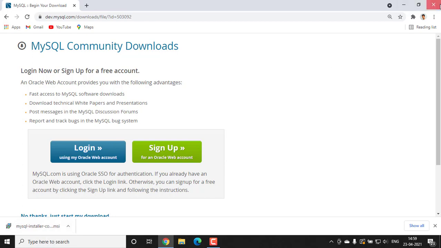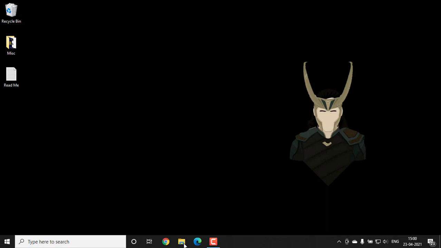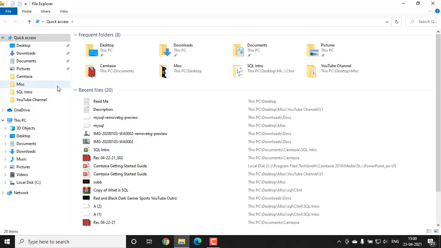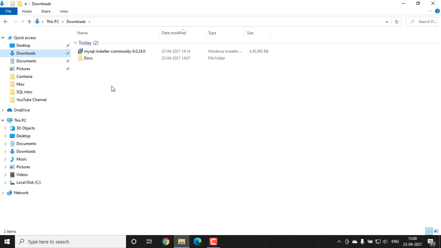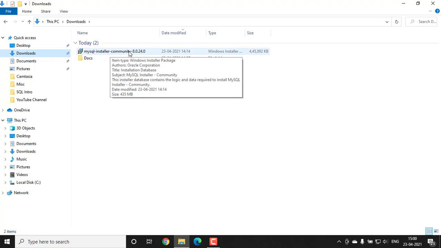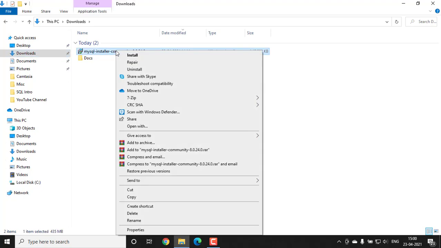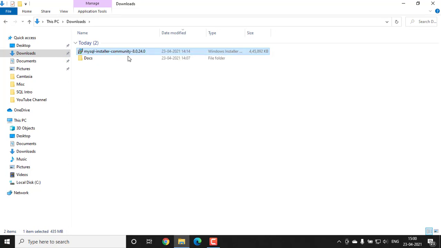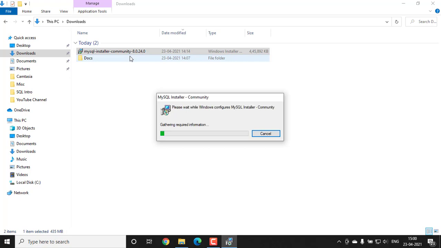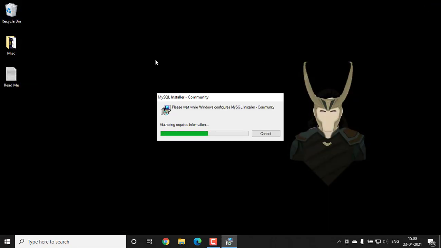Now close Google Chrome. Now open downloads option in my computer, and here you can see MySQL installer community 8.0.24. Right click on this option and click install option. Now close this folder and wait for the software to get installed.